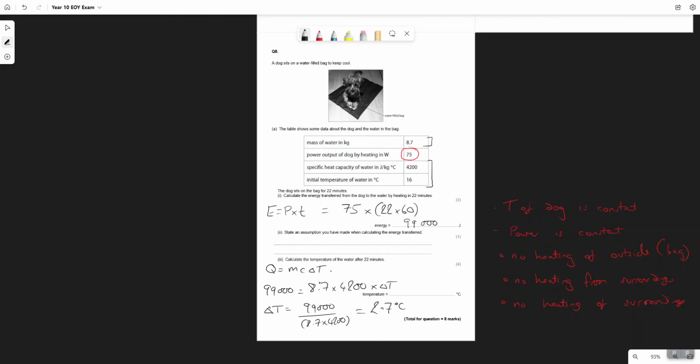Okay, so there's 1 mark for that, 1 mark for this, 1 mark for that. Final thing: we've got 2.7 degrees, but that is a temperature rise, so we've got to add it to that one. So our final temperature is 16 plus 2.7, which would be 18.7 degrees, or 19 if you're rounding. And there we go. That was the exam. Hope that has been of